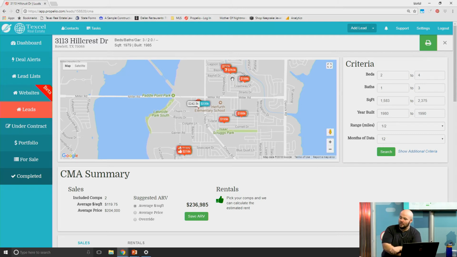So here is the problem, and what we'll see very often is when we have limited data to pull from, it becomes a much more subjective opinion of value. In this particular scenario, I've gone back 12 months, and from 12 months back, that's what I have to choose from. An appraiser is not going to go back 12 months. They're going to look within the last 90 days, and absolutely not more than the last 180 days. Typically, I'm not a licensed appraiser. If you want to get that, go talk to an appraiser, but they're looking for the last 90 days. I don't have anything in the last 90 days that have sold over here, so I'm going to be forced to cross that line.